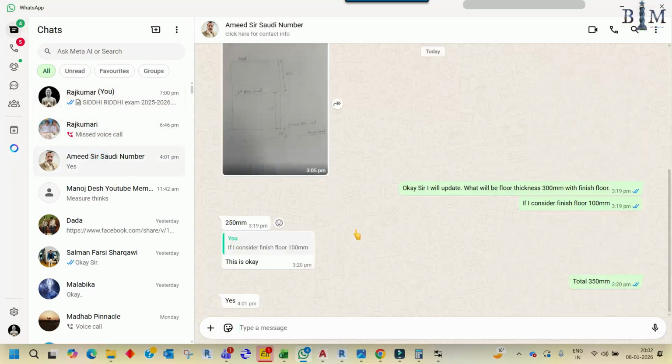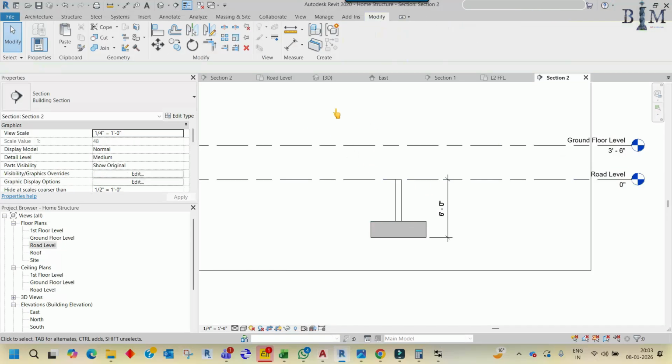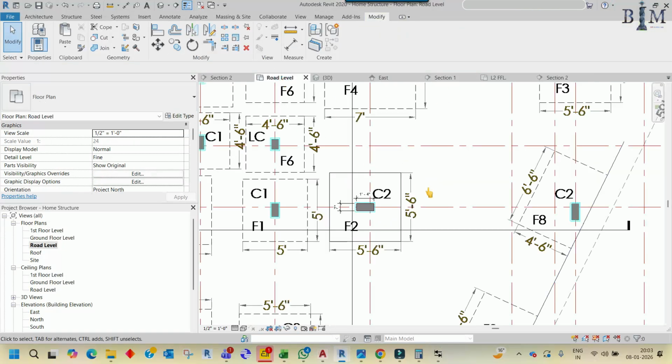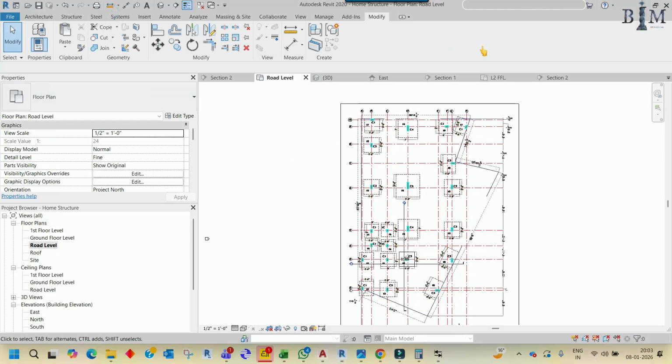So in that case you can see 250, and here 100 mm will be the thickness for the finished floor, and now the total will be 350. So 250 I have to take as the finished floor. In that case I have to take the finished floor first. So go to the plan, and here I have to take the finished floor, and for that go to